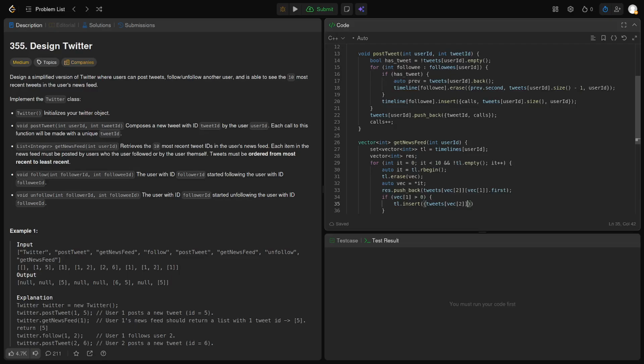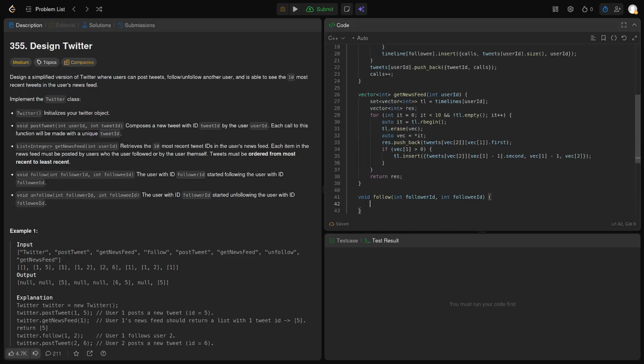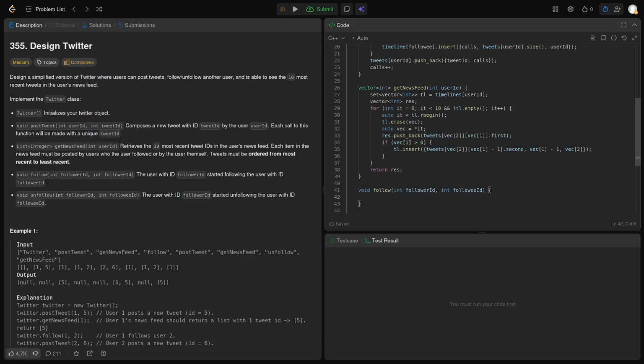Tweet vector 2, vector 1 minus 1, calls is second, then vector 1 minus 1, and then vector 2, whatever should work. Now for following,